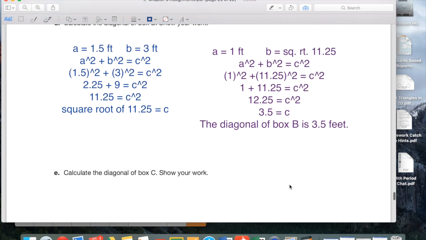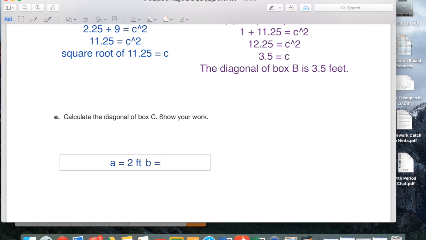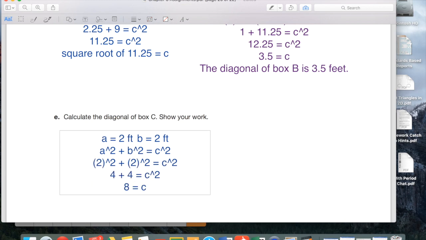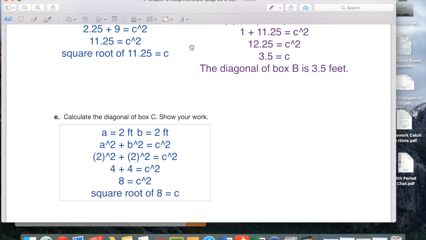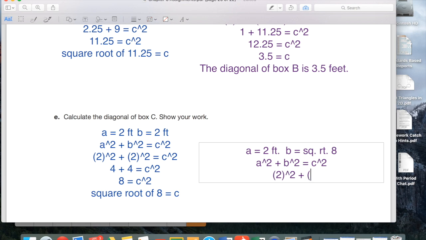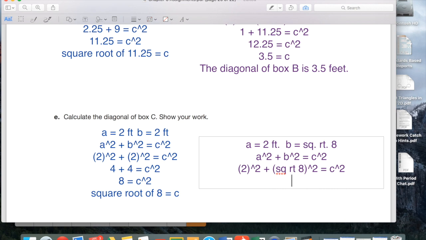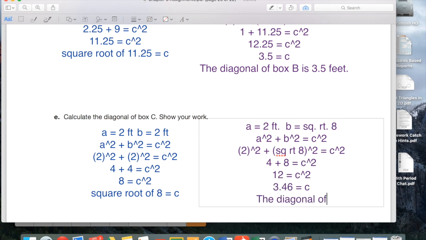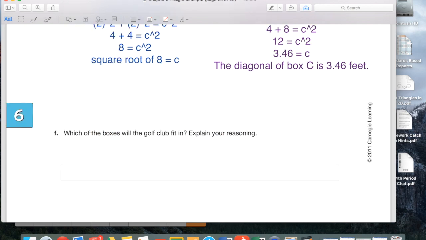And then we're going to do the same thing for box C. Which of the boxes will the golf club fit in? Explain your reasoning. The only thing that sticks out to me is box C is not quite 3.5 feet. So